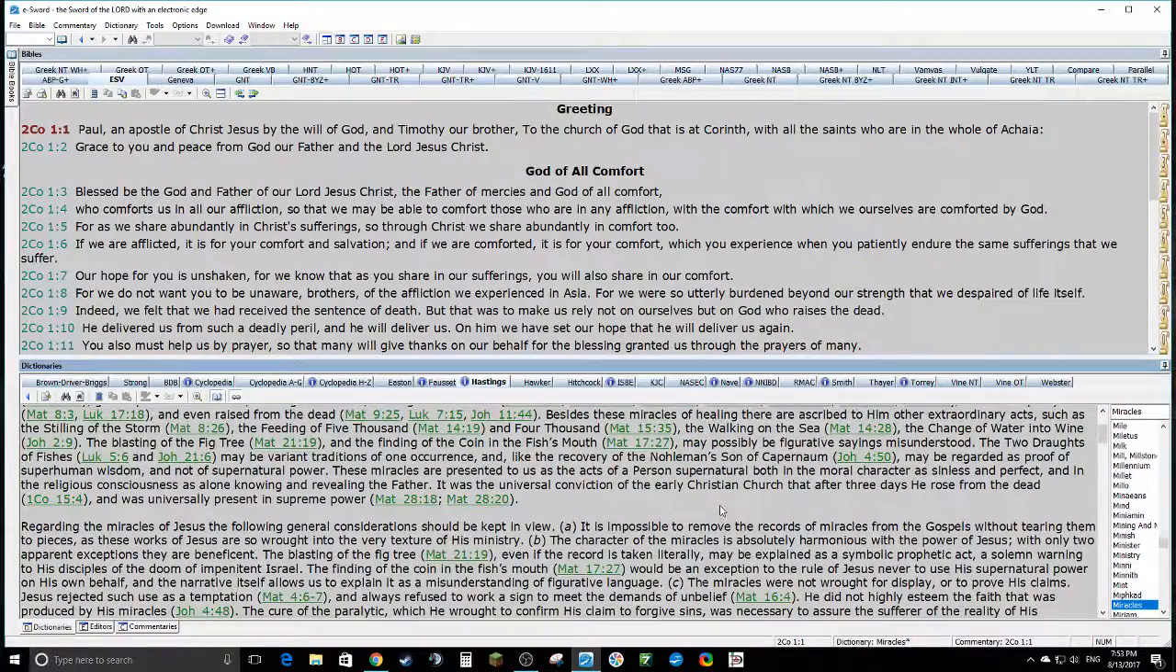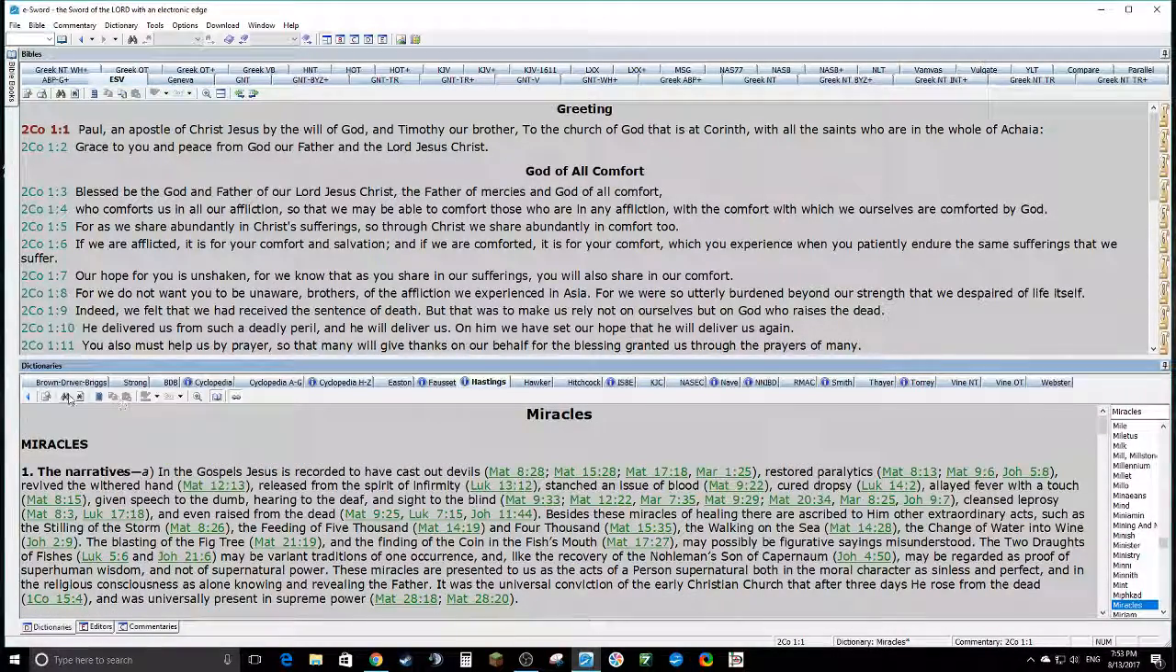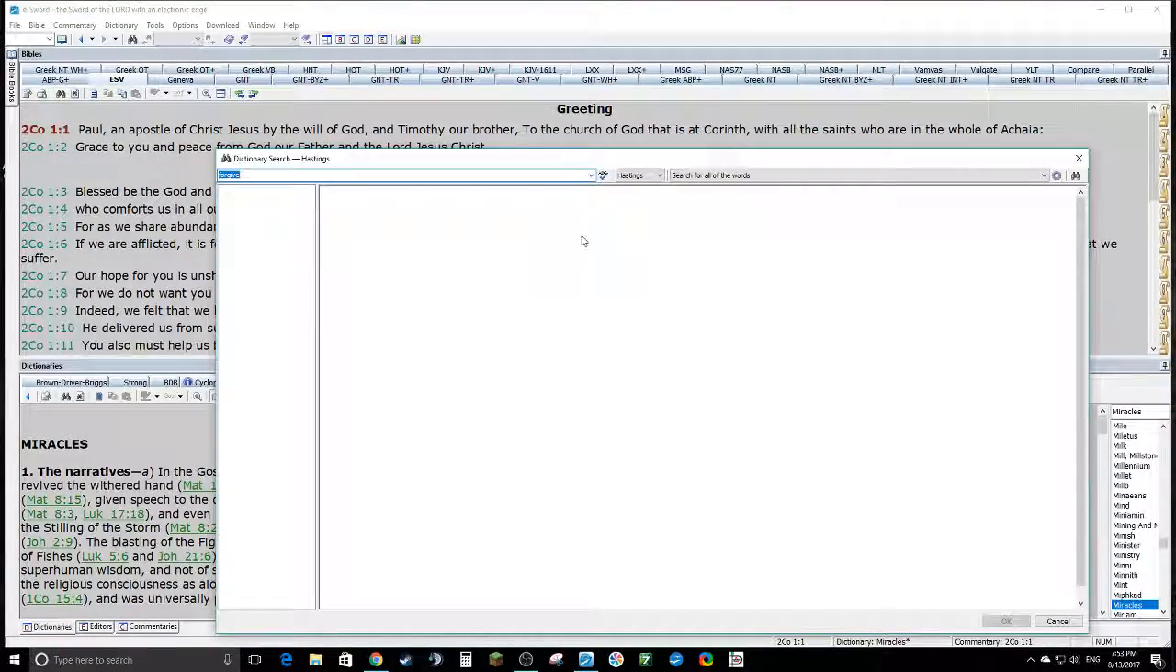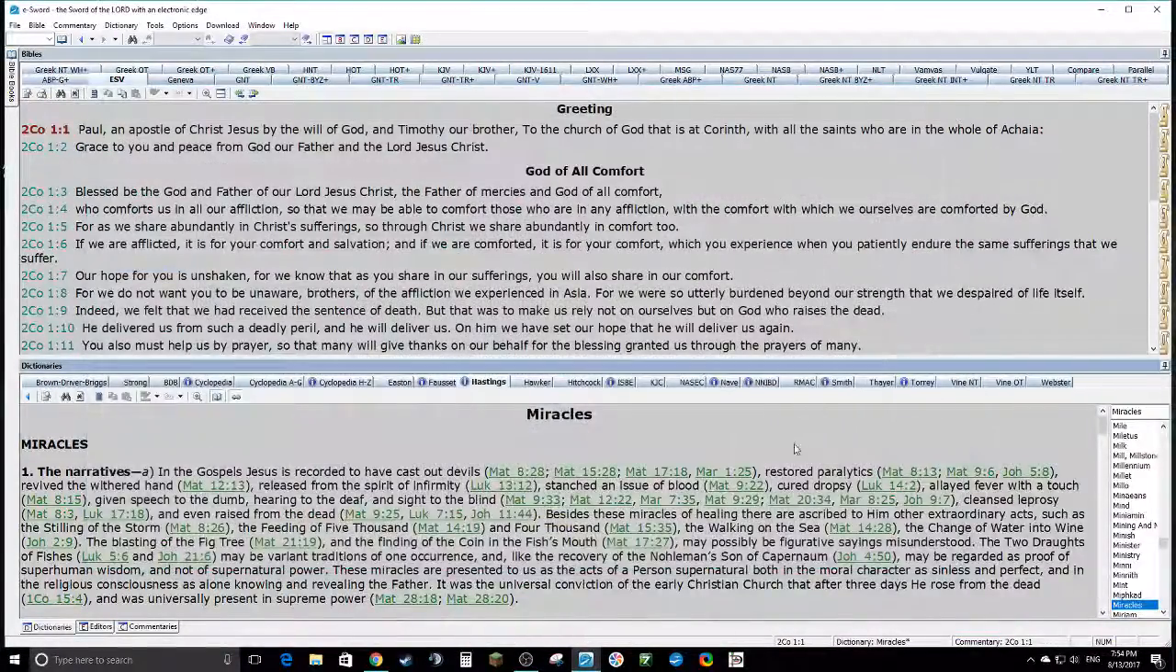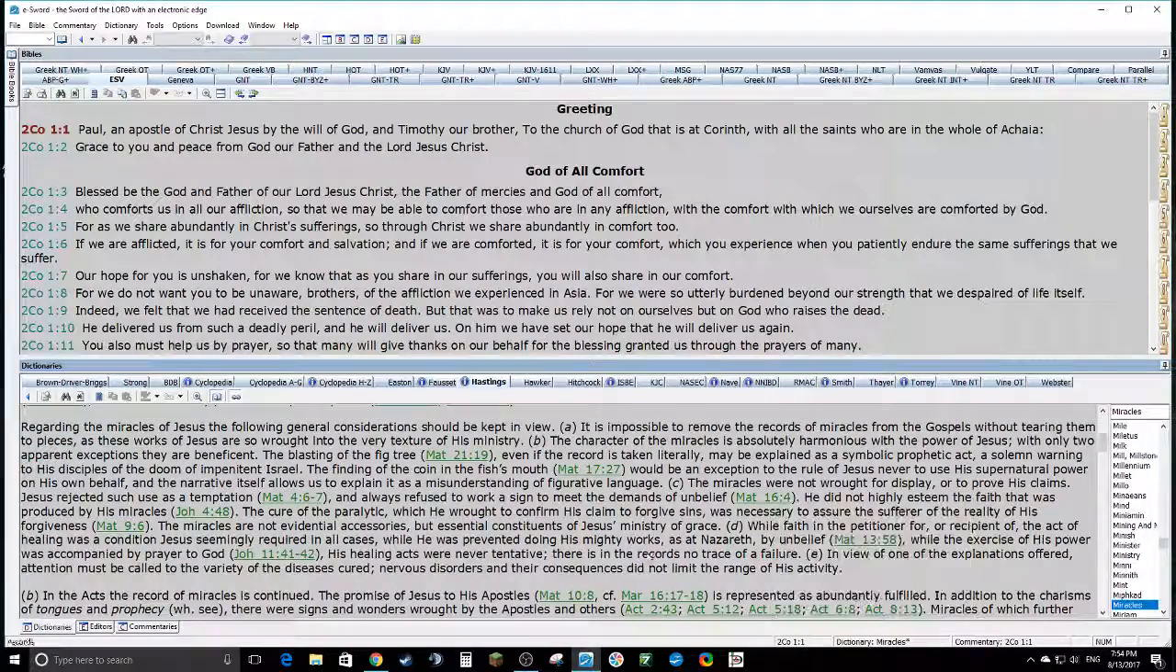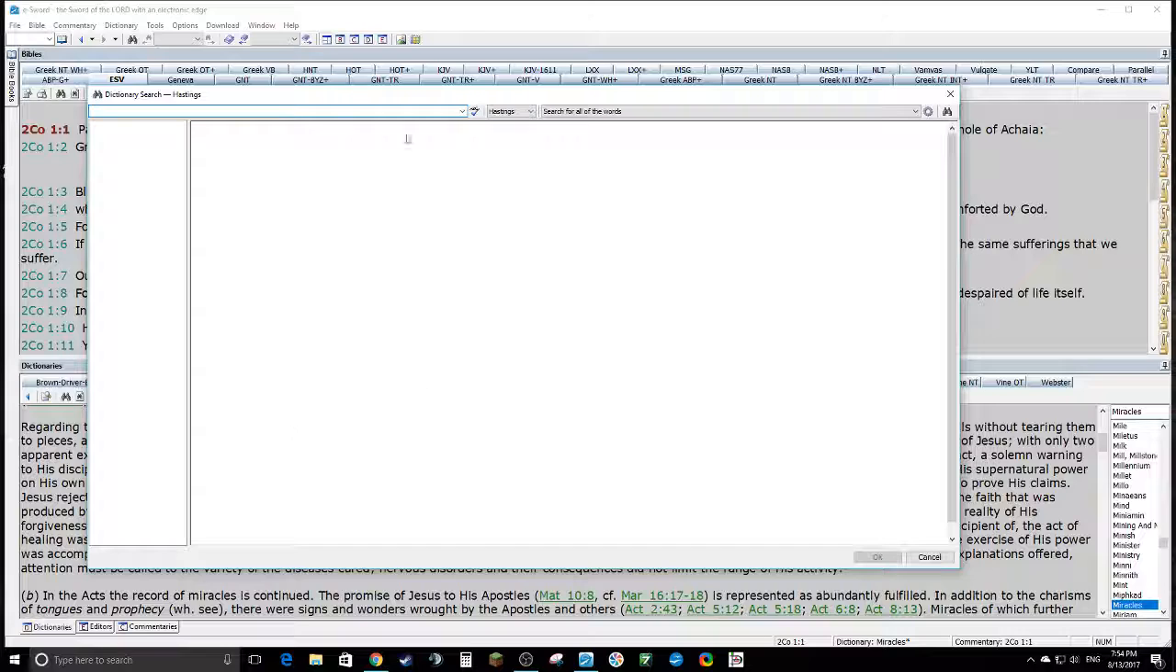But because we searched for it. Let me see. Miracles. Second paragraph. His claim. He did not highly esteem. May have to work backwards. Second paragraph starts with regarding. I know this may be boring, but